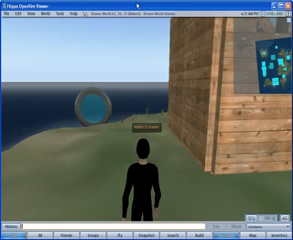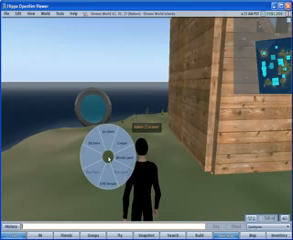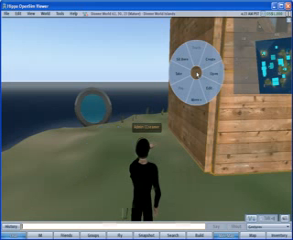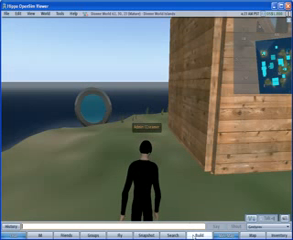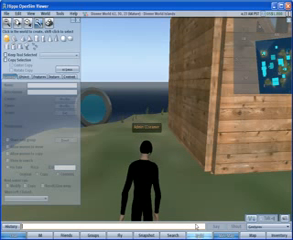Welcome to the fourth Sydney OpenSim tutorial, in which we will explore basic building. To start building, either right-click on the ground or on an existing object and go to the Create section of the Pie menu, or click on the Build button on your bottom screen